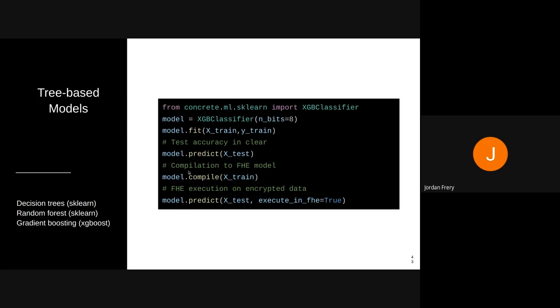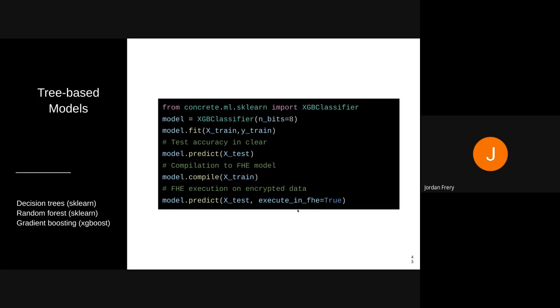So then you can just compile the model. This compile function is going to take some representative data set and transform the model into different steps until it reaches the compiled form. So we have an MLIR representation of the model, and then we can basically execute FHE pure operations following this MLIR. And yeah, of course, you can check the execution time